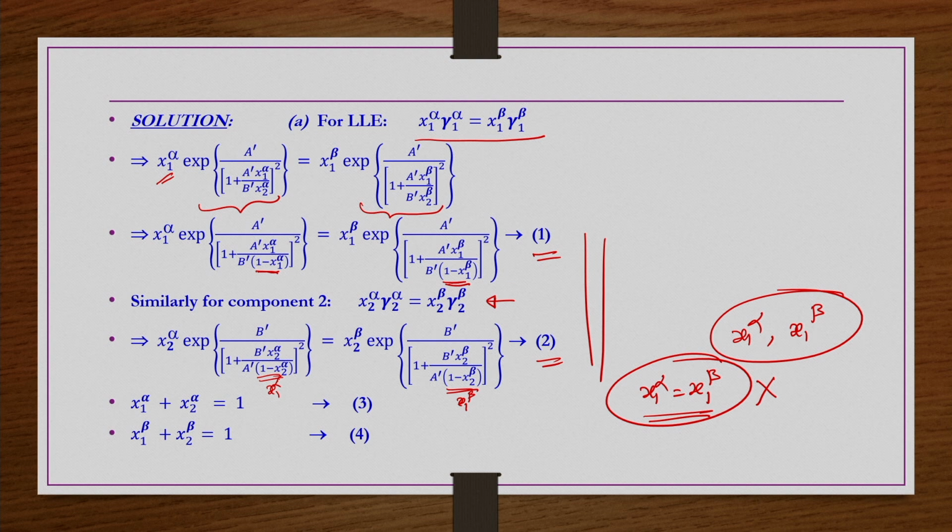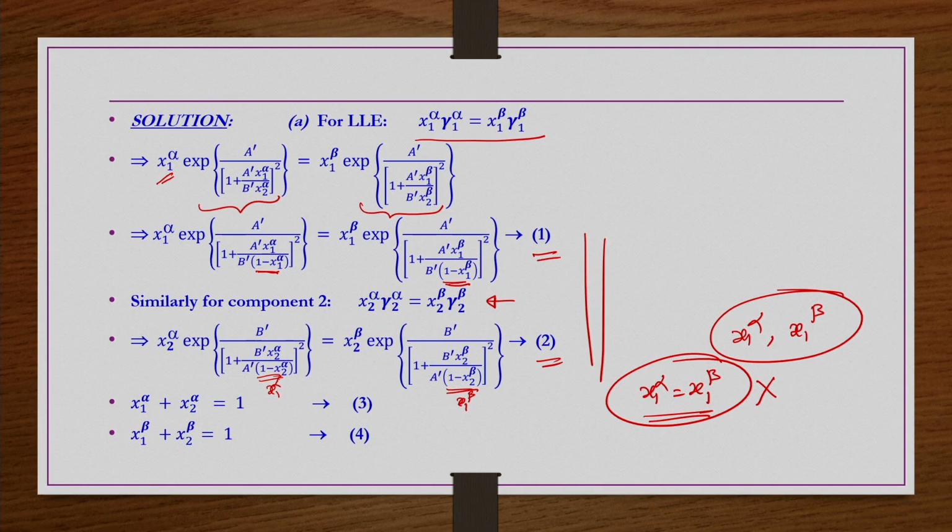These equations are nonlinear, with exponential terms, and very difficult to solve. One can use the numerical tools that are available, or go for a trial and error solution method, as we have seen previously. All these equations, 1, 2, 3 and 4, have to be solved simultaneously to get the solution, and solving them analytically is very difficult. So one can apply numerical methods, or otherwise follow the trial and error approach that we have already discussed.